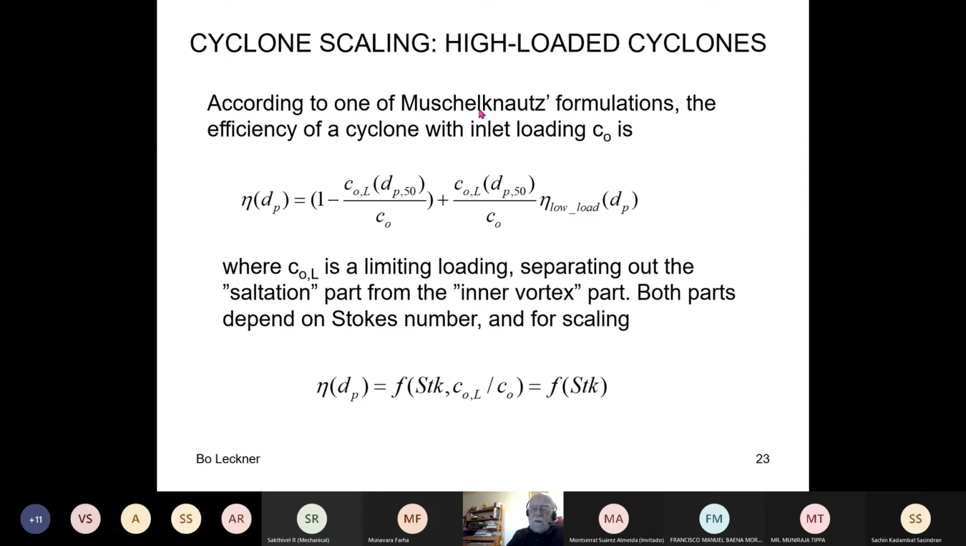You could look at the chapter in the VDI Heat Atlas, which is available in English. It was written in German originally, but it is available in English, Heat Atlas. And he has written a chapter there where he describes in detail how he thinks. Anyway, he comes to the conclusion that it depends on the Stokes number and also on the particle